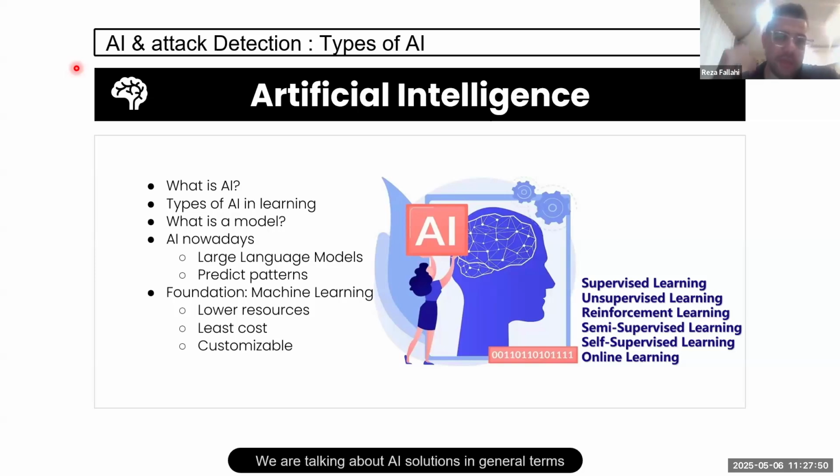AI itself, the definition, of course, is not going to be the most accurate since I'm not an AI technician, but it's trying to teach the computer to mimic the behavior of the human brain's functionality. Okay, it's teaching it to think like a human, but nowadays it's actually just predicting some values, which is the functionality of machine learning.